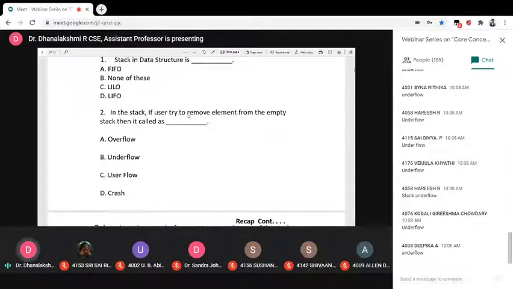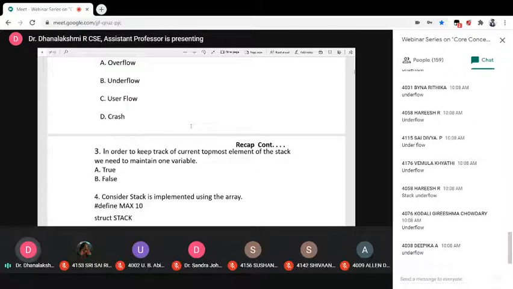The answer is B, underflow condition. If we are going to perform the remove operation, we check whether the elements are there or not, so underflow. Whenever you perform the push operation, we have to check whether our stack is overflow. Those are the two conditions.